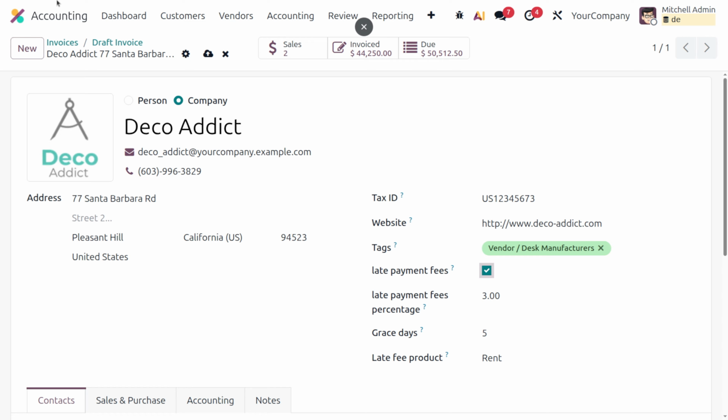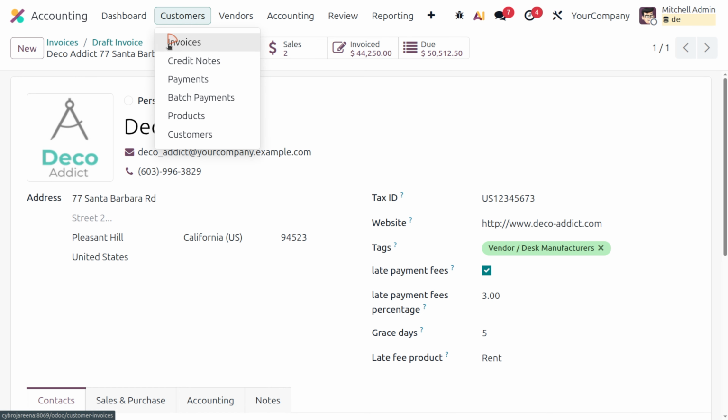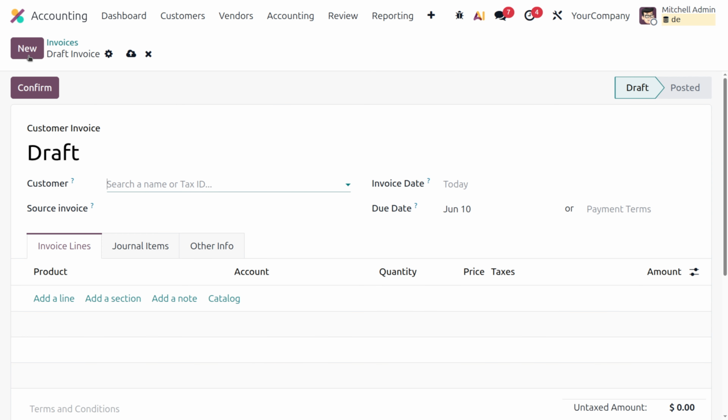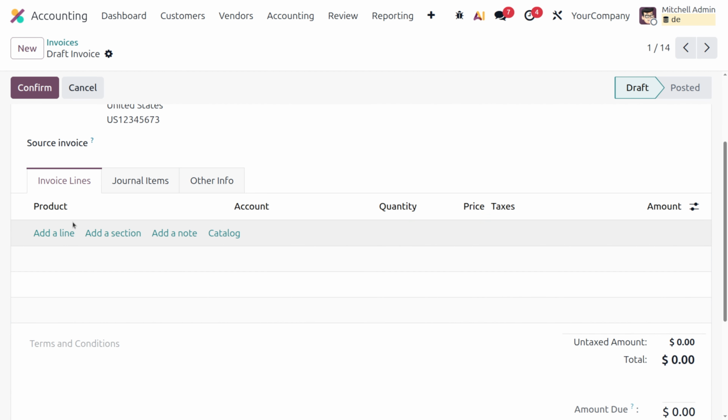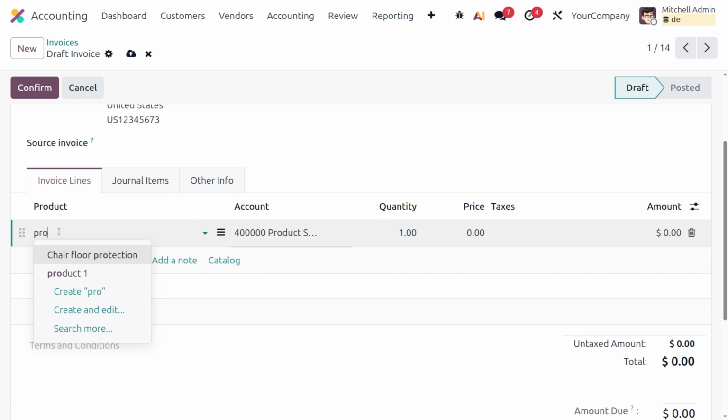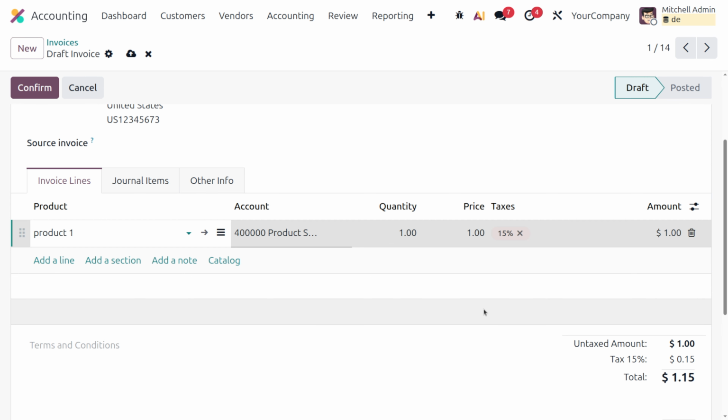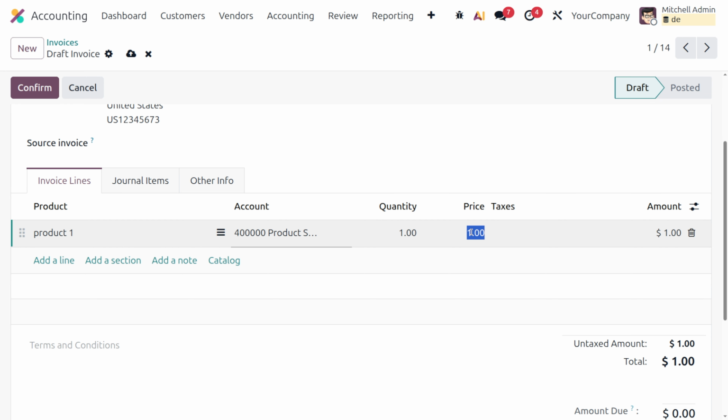So once it's done, now let's create the invoice. So under the invoice, let's choose the customer. Yeah, we have already created the invoice, right? So let's choose a product. You can choose a product over here. Let's say the product is given over here. Now you can see that I'd like to set 800 as the price of the product,